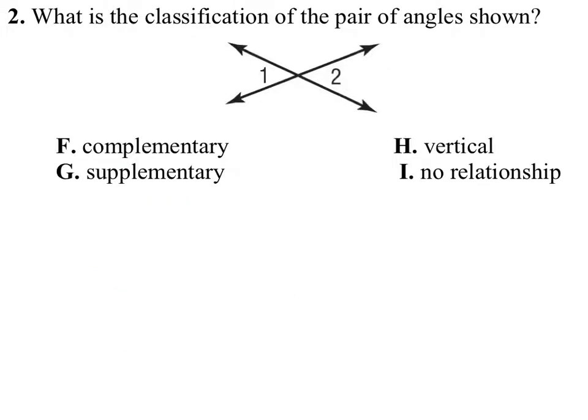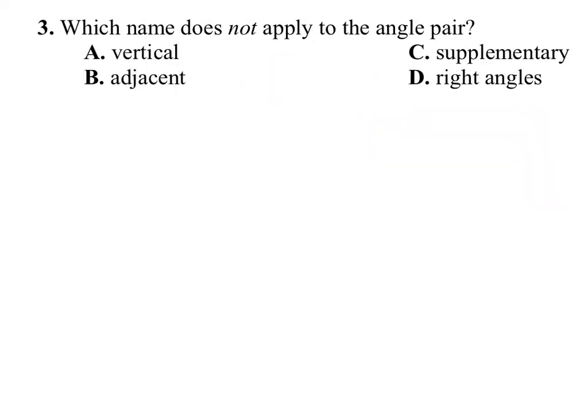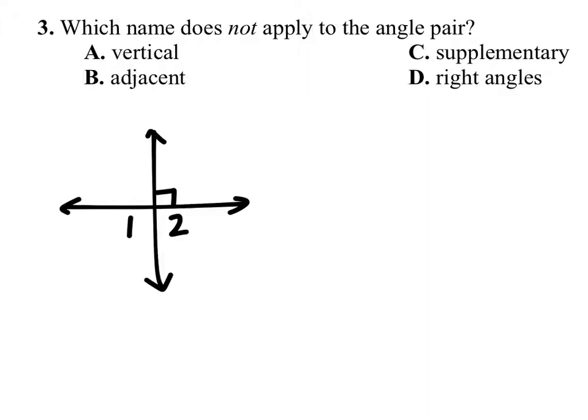What is the classification of the pair of angles shown? So we've got angle 1 and angle 2. Those are vertical. Which name does not apply to the angle pair? Yeah, very good. So these two